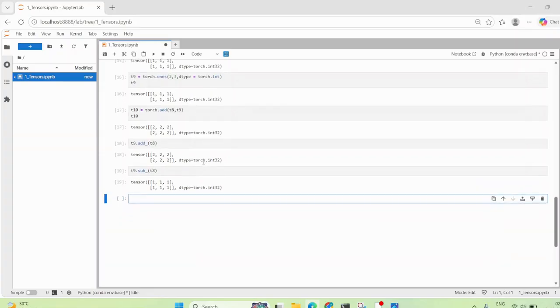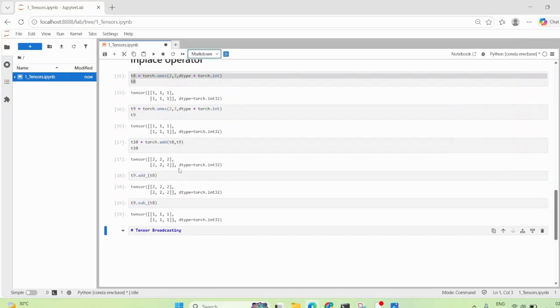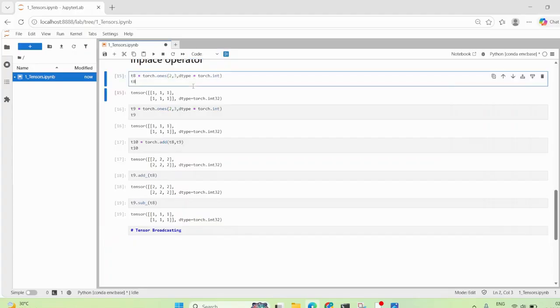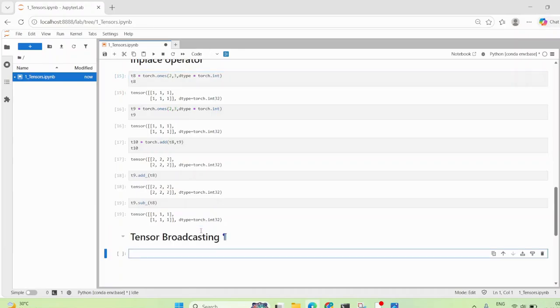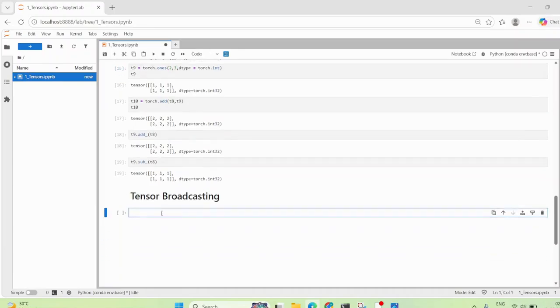Okay. Now let's see tensor broadcasting. I will give a markdown again: Tensor broadcasting. In this addition and subtraction, you can see I had the same shape of both tensors which we are adding and subtracting, right? But you will see the magic of broadcasting where we will have tensors in different shapes. For example,